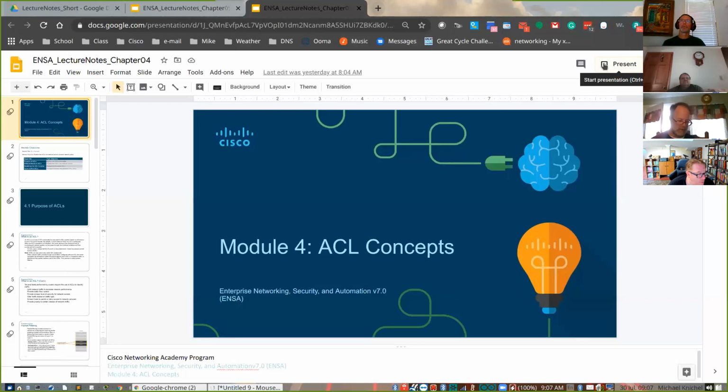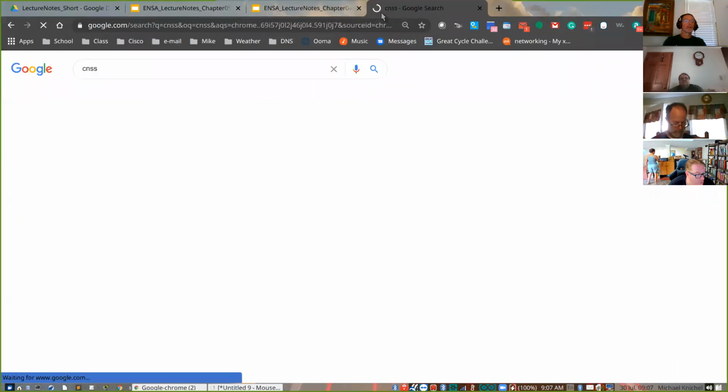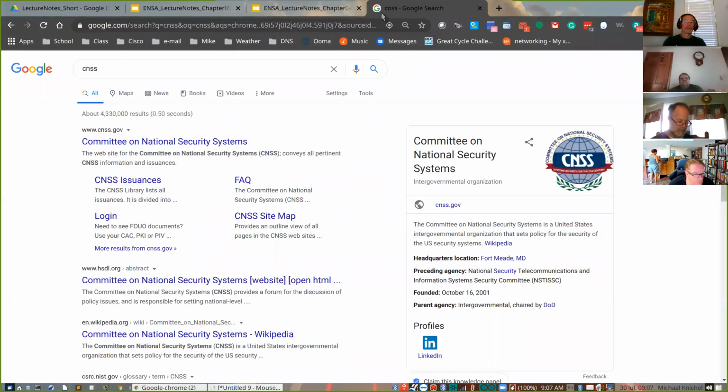If you look it up, it's CNSS, and this is a certification for government employees. So okay, this is not a Cisco certification. Well, it may not be. It used to be. There used to be a Cisco certification associated with it, but this is also a class that government agencies send their employees to get.